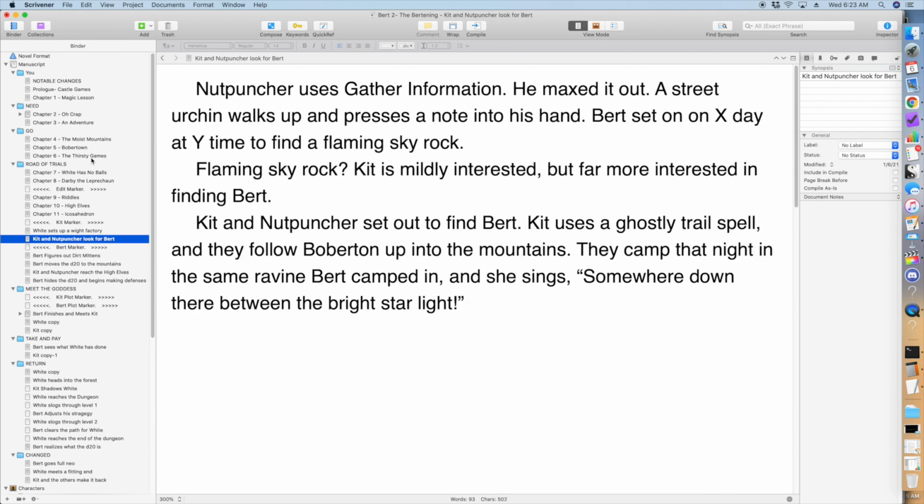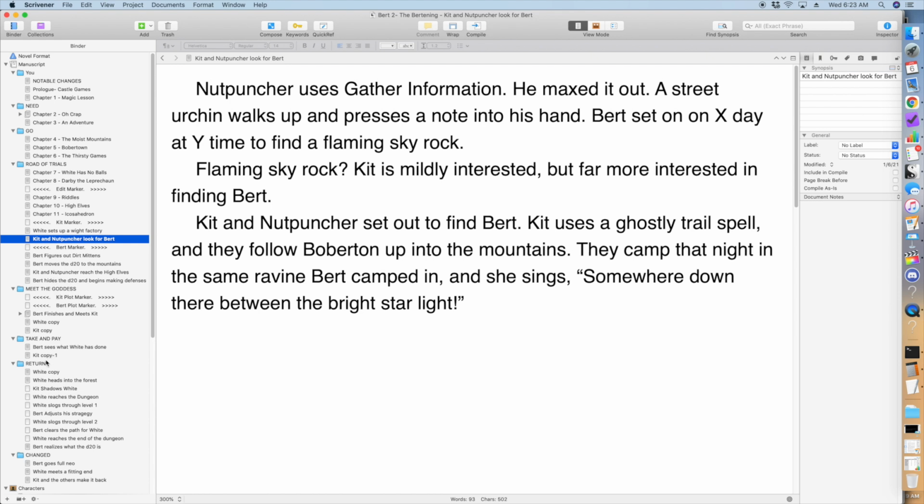But what you're seeing is Kit and Bert are meeting up and meet the goddess, because symbolically that really fits in the story circle. That's what both of them think they're seeking: they really want to link up with each other to see if they can stop White, in Kit's case, and in Bert's case, he just misses her and is lonely. Well, their journey is bringing them together, and these 6 chapters are how that happens. So I had to figure out, okay, yesterday in chapter 11, this is where Bert is, and this is where Kit is. How do I get them from there to where they're together and meet the goddess?